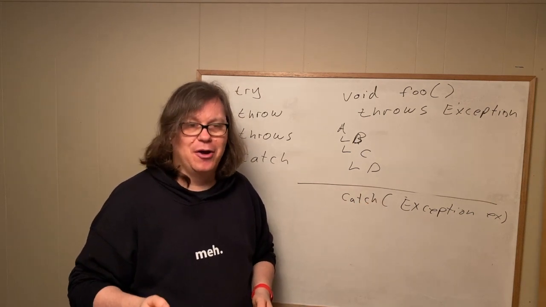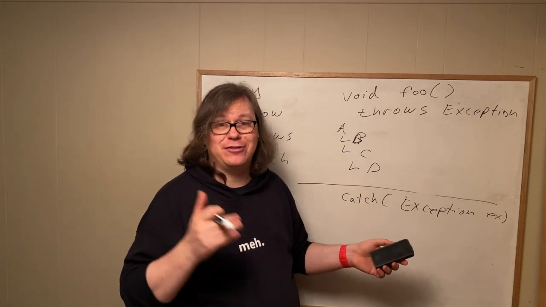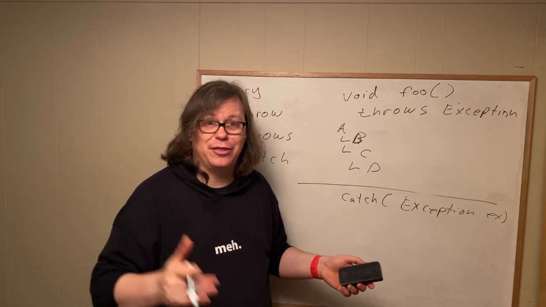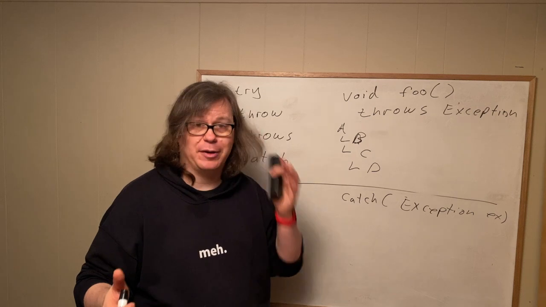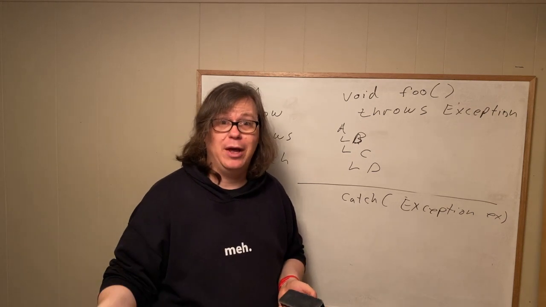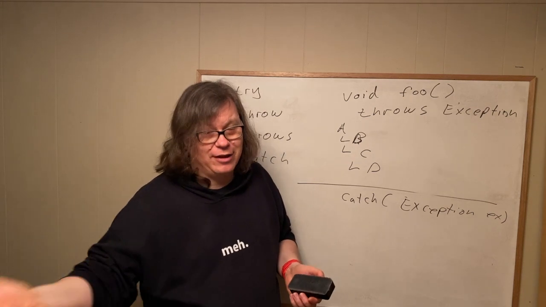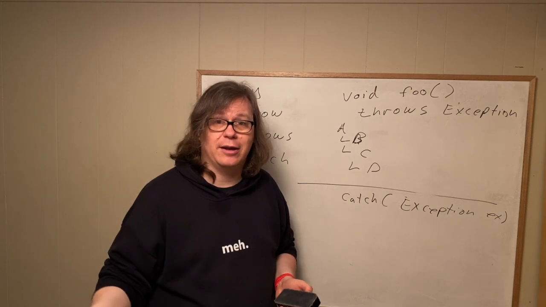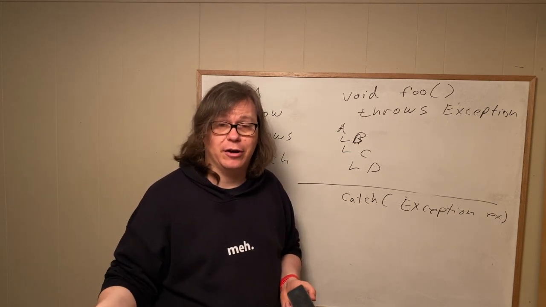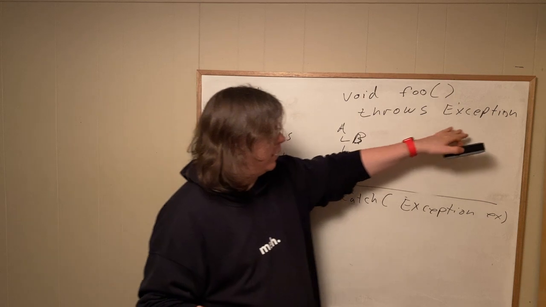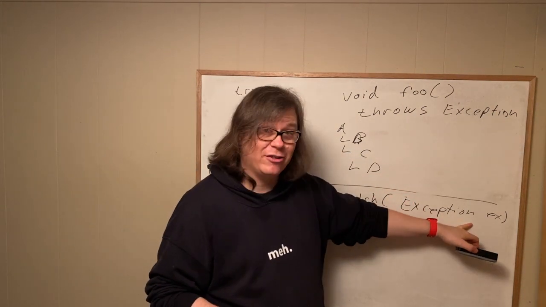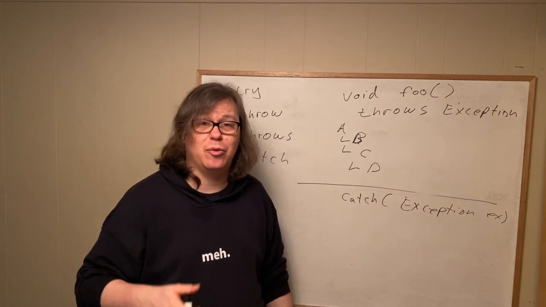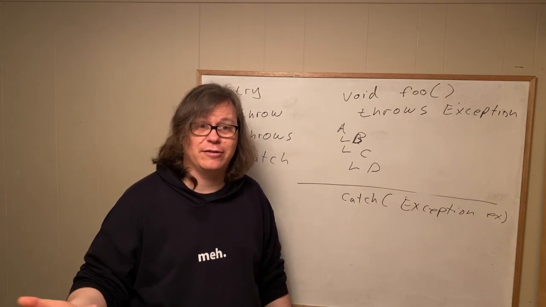Pause. We're catching every single exception underneath exception, which includes runtime exception. And when we catch runtime exception, we're doing something we're not supposed to do, which is catching unchecked exceptions, like null pointer exception and array index out of bounds exception. So we never want to say that we throw exception, because we would never want to write that we have to catch exception, because if we catch exception, we're going to deal with all the things that should actually cause